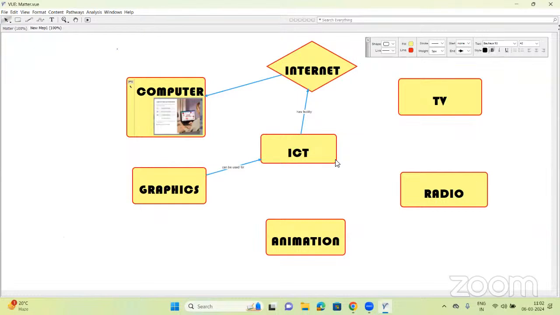like how you can use this concept map in your classroom when you are delivering your lecture or class. What you do in your classroom, you start your class with a discussion or end your class with a discussion or recapitulation. What you can do while starting your lesson,